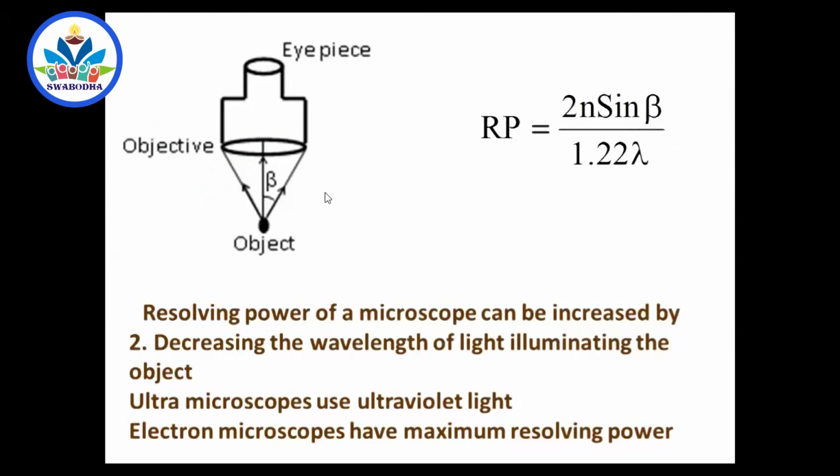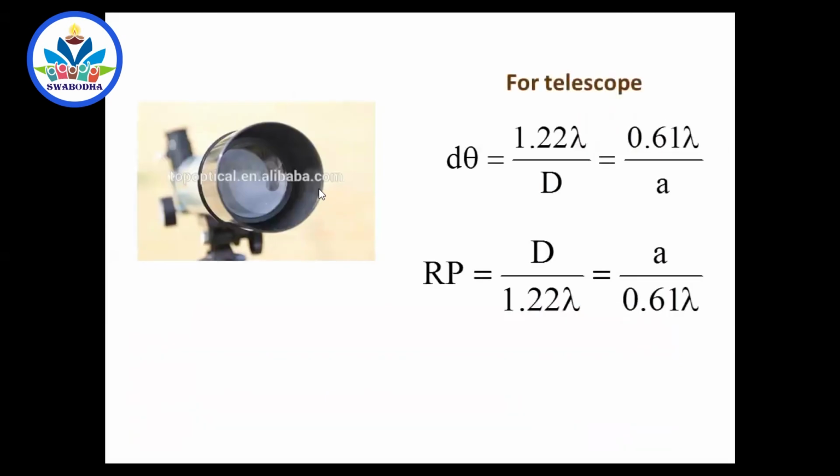Right, finished. Telescope. Sir, what is the resolving power and limit of resolution for a telescope now? Even telescopes have limit of resolution and resolving power. But for a telescope, we don't write it as a minimum distance. We write it as a minimum angle. Because when we look at the two craters on the moon, we don't see them separately. But when we look at the two craters through the telescope, we see them. What has happened? Just that the angle is increased, that's all.